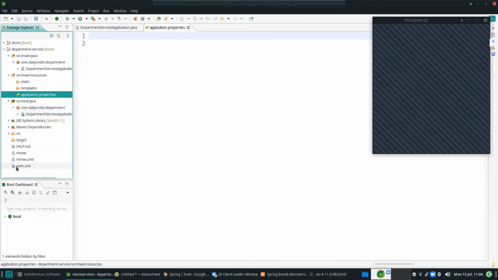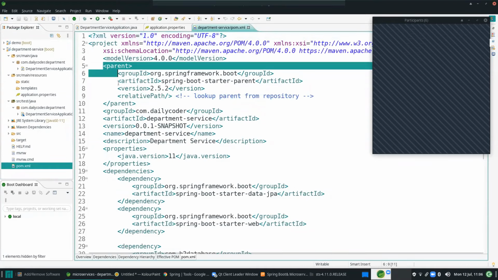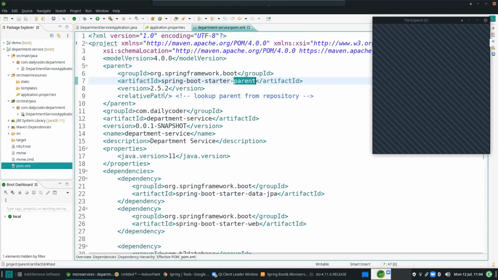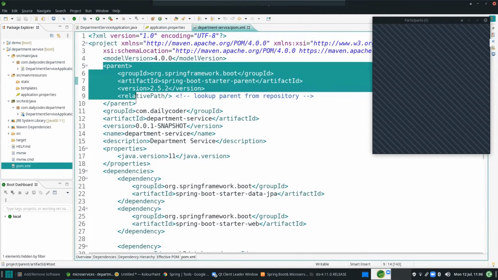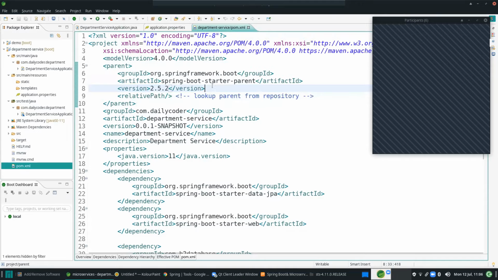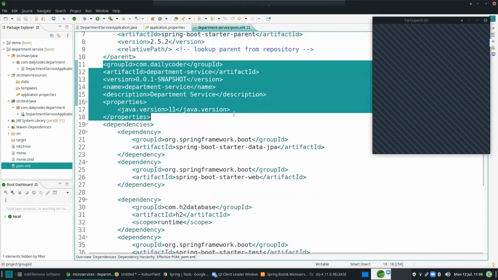Okay, and we'll come to the pom.xml. This pom.xml has the parent pom, the Spring Boot starter parent. This has the magic. All the Spring Boot related dependencies will come from here, the starter parent. And this is our group ID and artifact ID, which you know already.